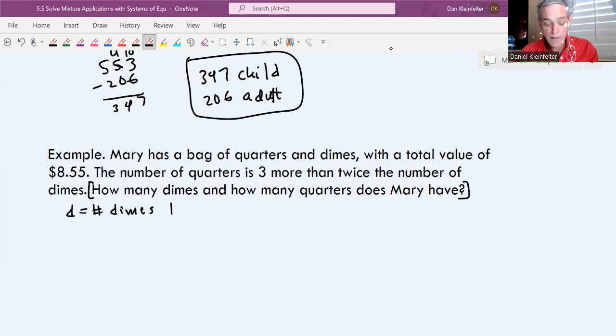And then Q for the number of quarters. You can use X and Y if you like, but if I use D for dimes and Q for quarters, it's easier for me to remember. Okay, so the total value, the